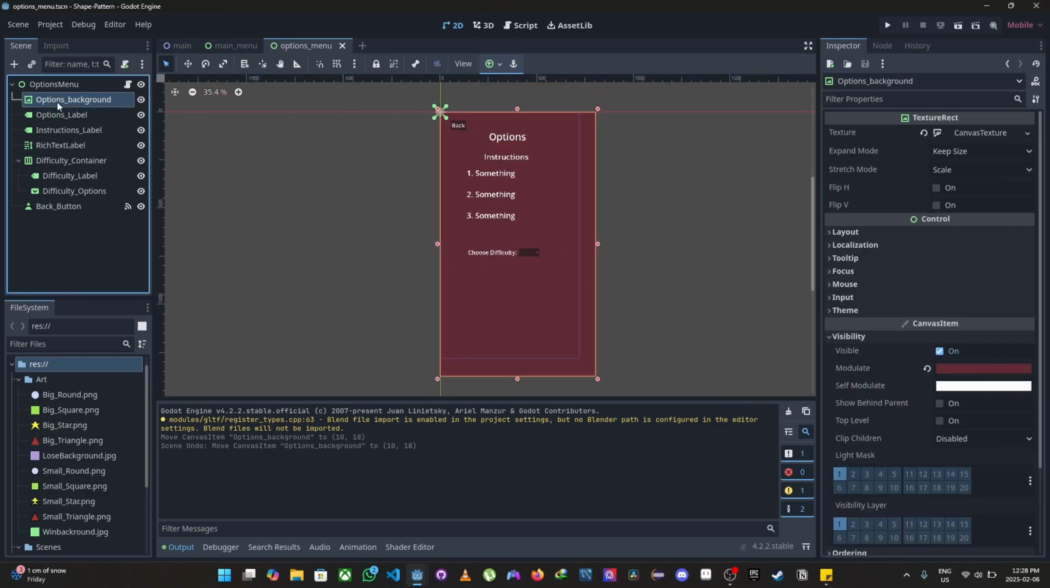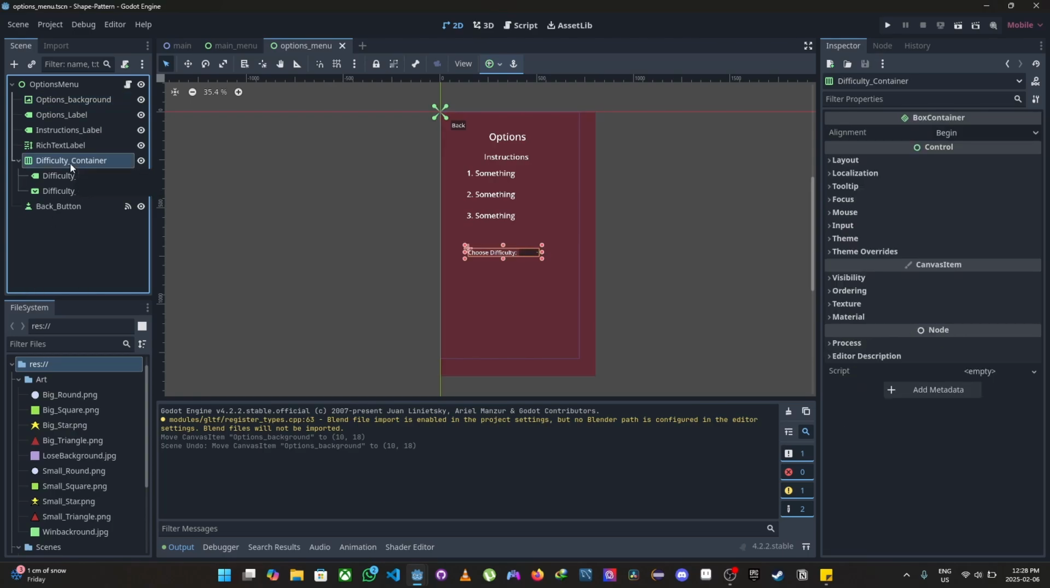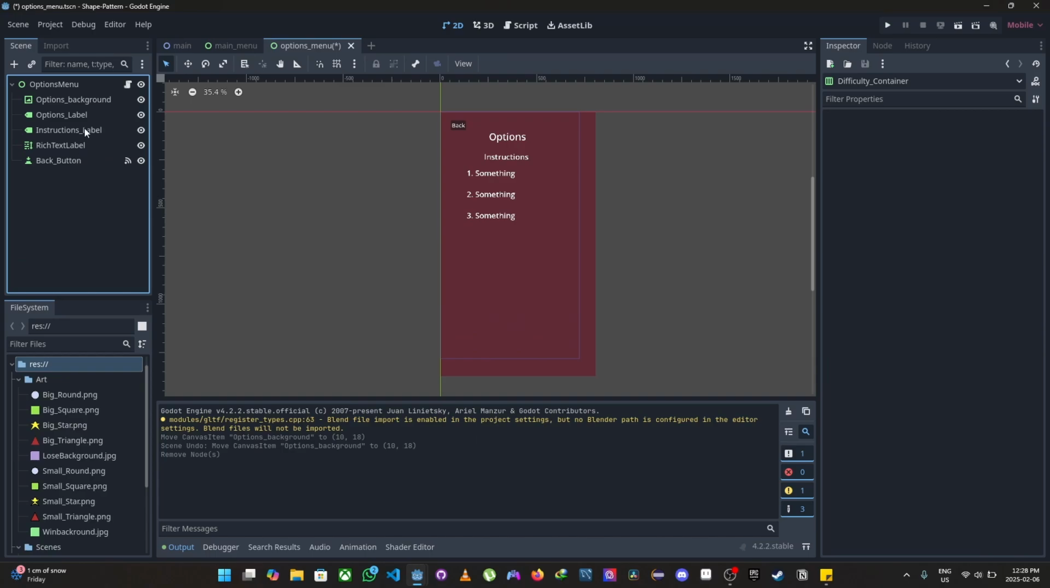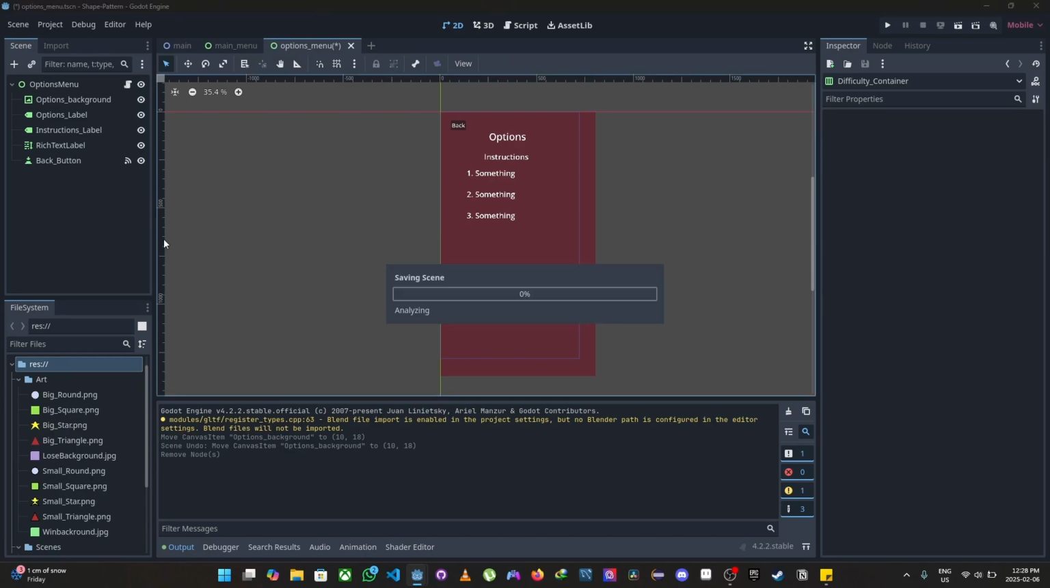I think this is how we're going to be making changes to the game as we think of better solutions to any feature that we add to it. So let's go to our difficulty container and we just delete it because there's no point in having that, and let's save it. Good. So now that we have that out of the way,